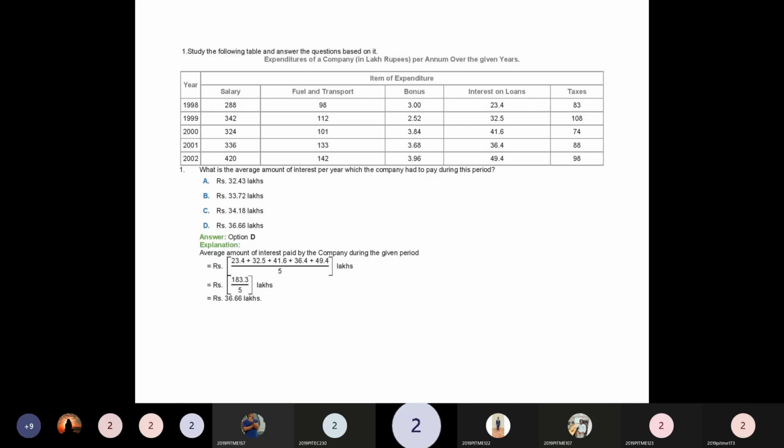So 23.4, 32.5, 41.6, and 36.4 and 41. If you add all the values, I know that they're paying for 5 years. So add this value and divide by 5, it gives you the average interest paid by the company. So if you calculate this value,